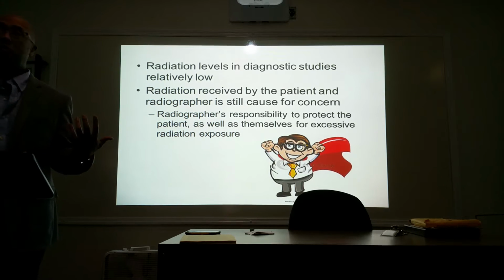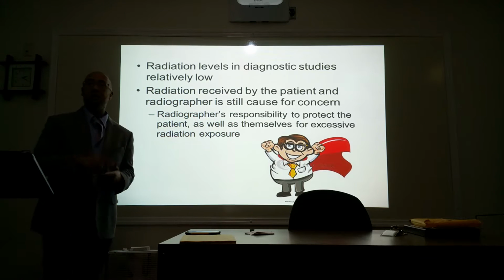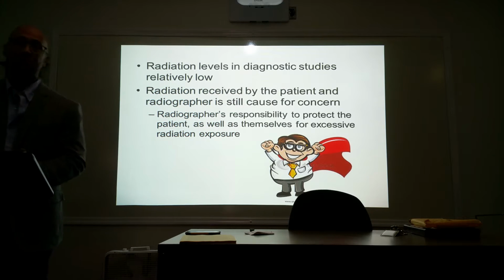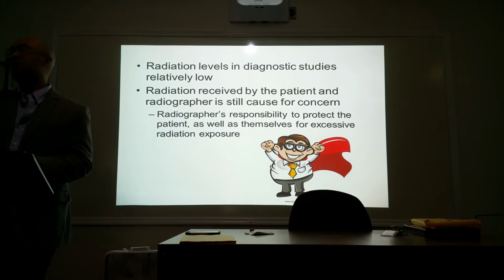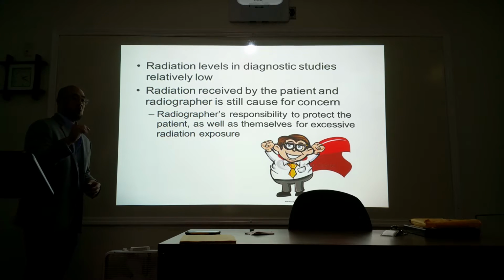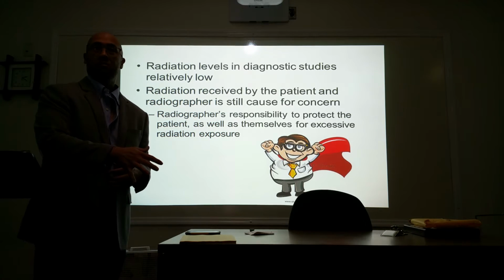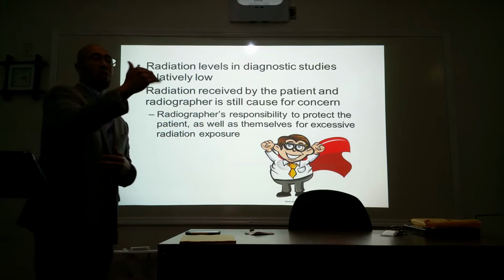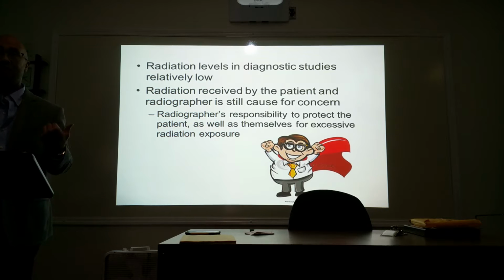Like I said, I've been doing this for slightly over 25 years now, and I'm still a practicing tech. I teach 4 days out of the week, and I'm still working in the cardiac cath lab in interventional radiology 1 day a week. Okay, but I've been doing this for many, many years, and I'm able to do so because I understand it. So what we've got to do is control the amount of radiation that our patients are receiving, which in turn, if we are able to lower our patient doses, aren't we also lowering our technologist dose as well? Okay, so it's kind of a